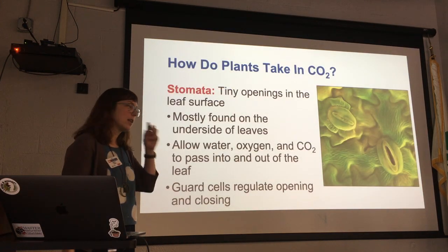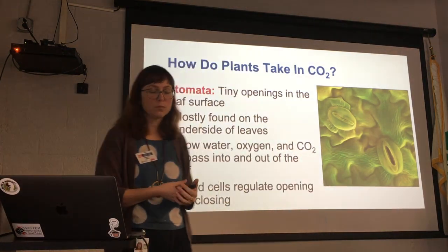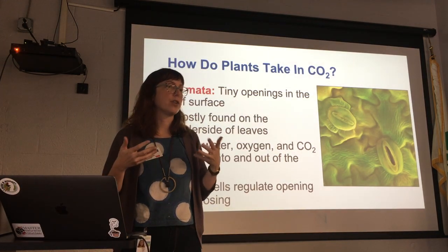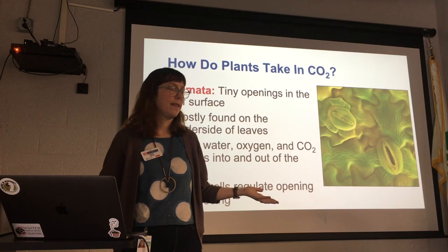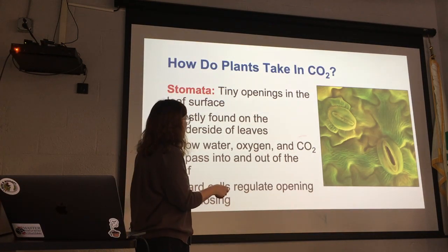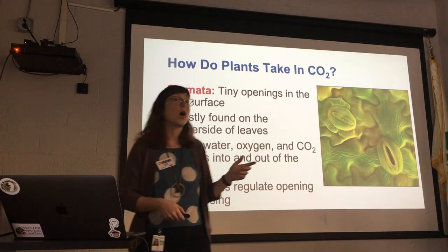And so this is the real meat and potatoes of why this is hard and why photosynthesis matters and why trying to balance all your needs matters. The way plants take in the gases and everything else they need is through stomata, which are tiny openings on the undersides of their leaves. Their goal is to be taking in CO2, giving off oxygen, again, thanks plants,